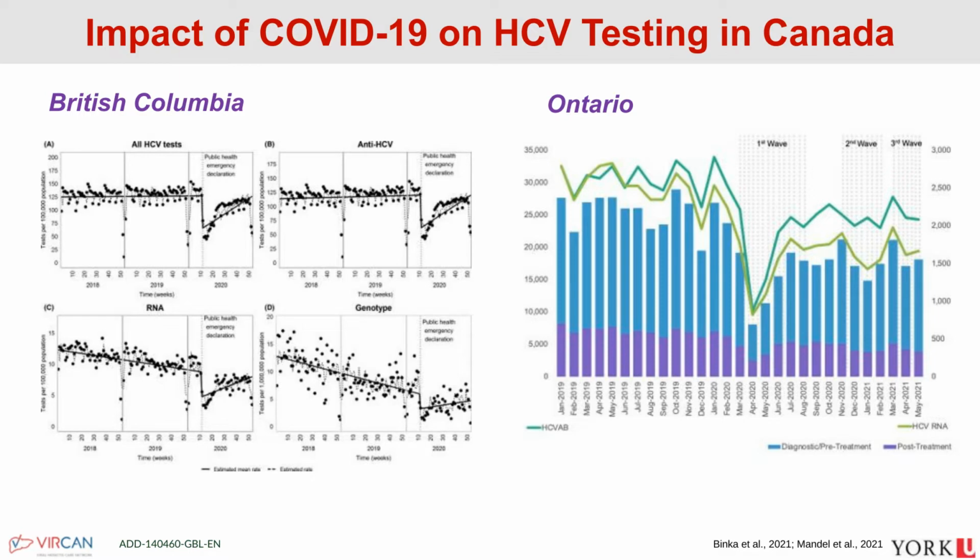The impact of COVID-19 on hepatitis C testing, of course, has been tremendous. It's been quite significant. These are just two studies from two different provinces in Canada, where I am. One in British Columbia, one in Ontario, to really show that exactly in line with the shutdowns of the provinces, there were huge drops in testing, so screening and diagnosis for hepatitis C. And although they came up throughout the rest of the pandemic, in our Ontario study we looked at the first wave, the second wave, and the third wave, they had not reached pre-pandemic levels.